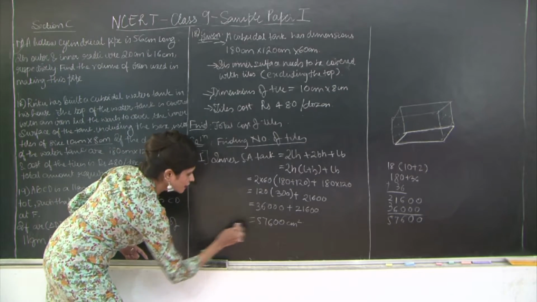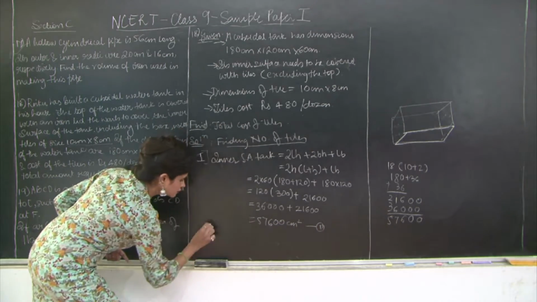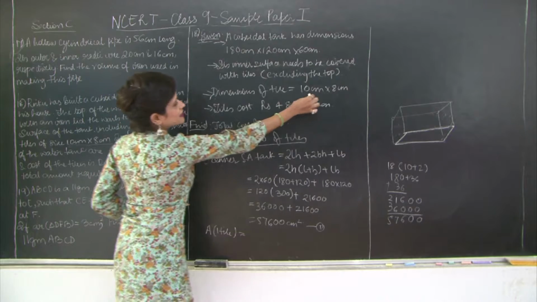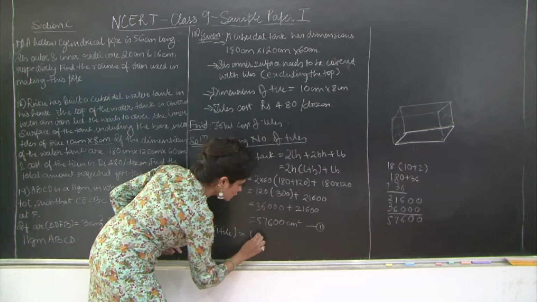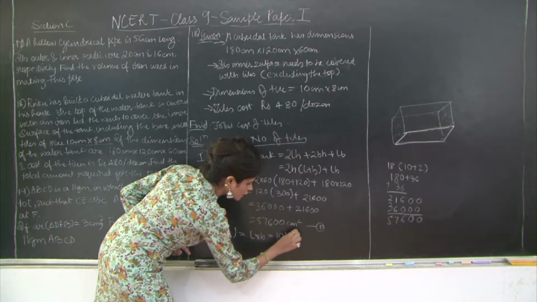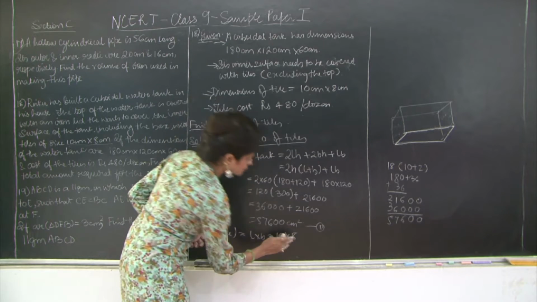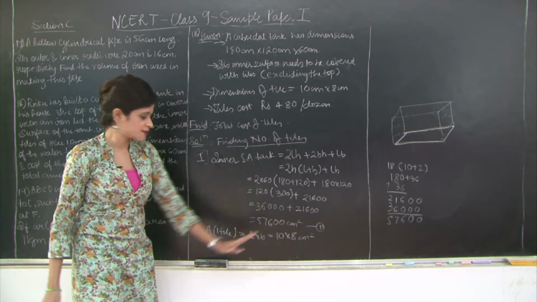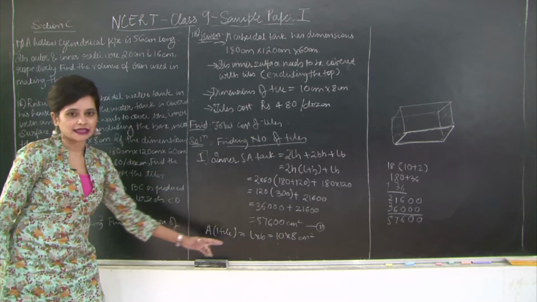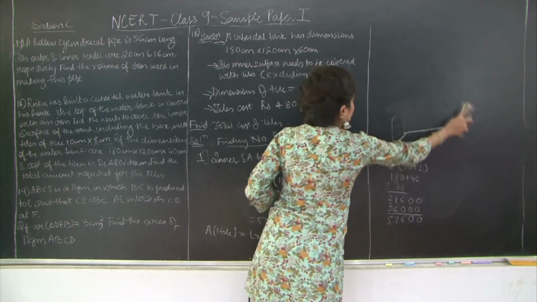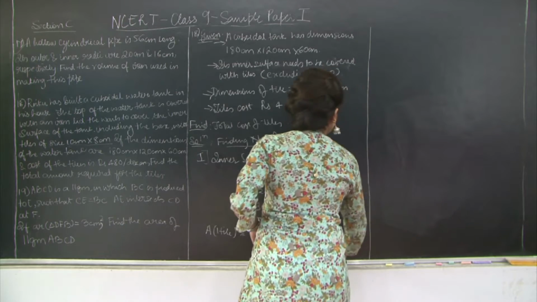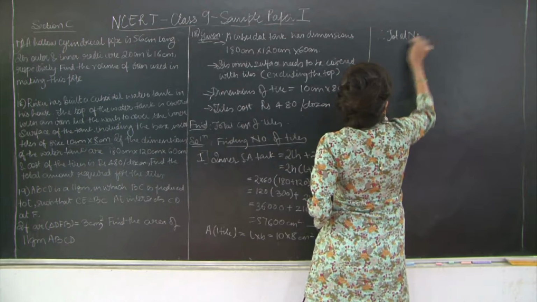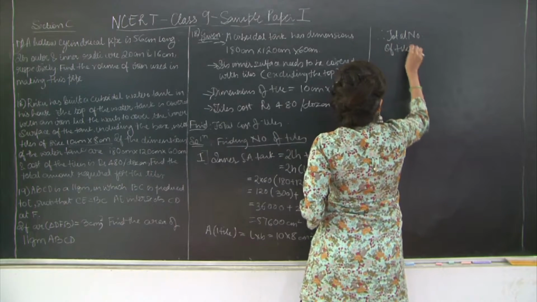single tile. So I'm going to say area of one tile is what? It's going to be this, 10 centimeters into 8 centimeters, L into B, which is 10 into 8 centimeters square. I'm just leaving this as it is because we will eventually have to divide this and this, right? Therefore, total number of tiles required